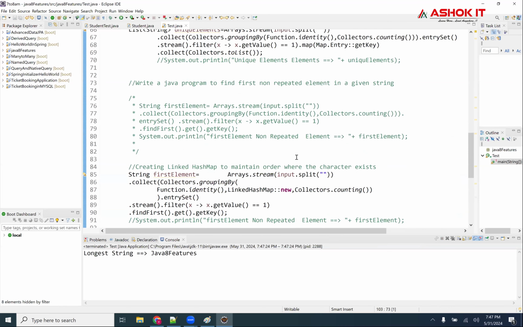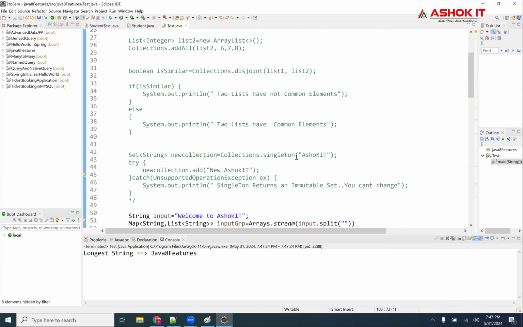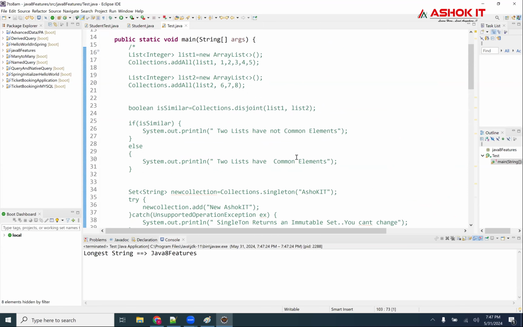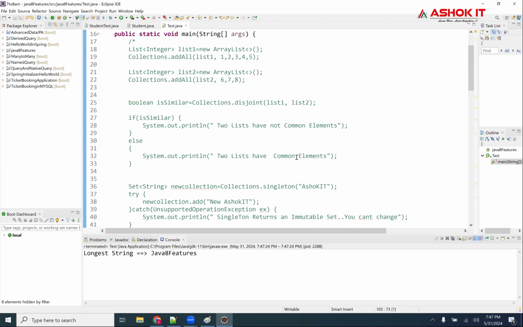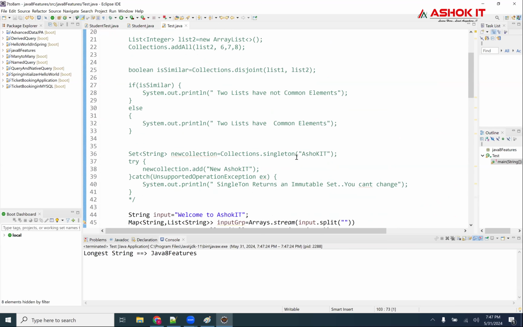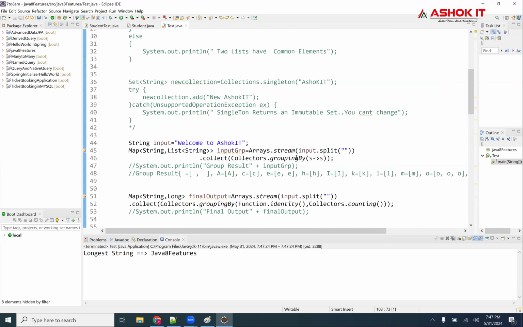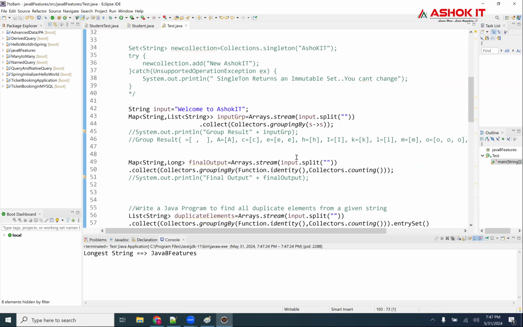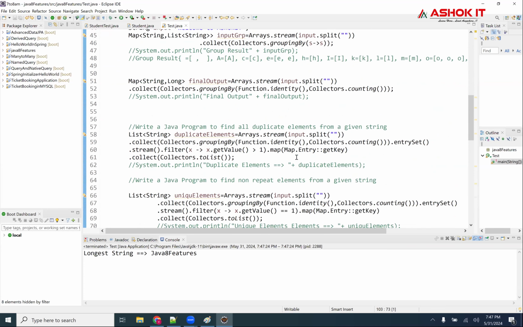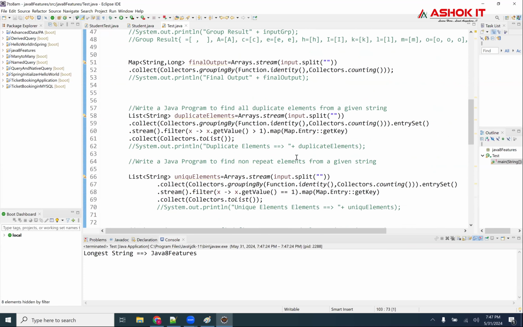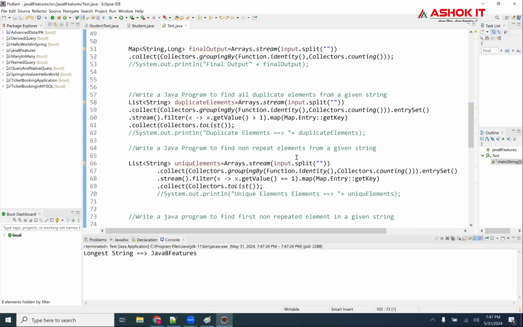So far, how many functions have we seen in Java 8, guys? A lot of things: disjoint, n copies, singleton, grouping, stream, identify, counting, entry set, as well as map dot entry.